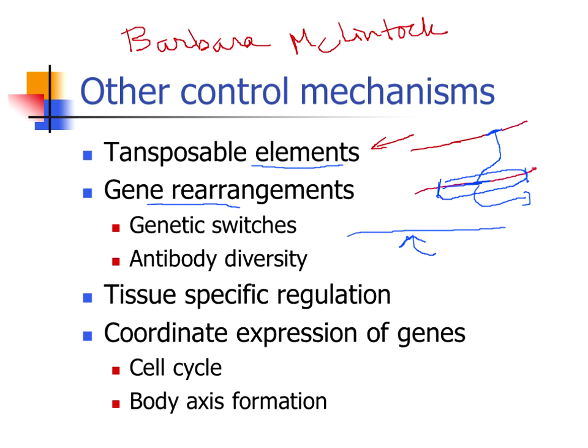But if I were to take a section from here and rearrange it over here, what's going to happen? The sequence of amino acids is going to change, right? And so you're going to get a different type of protein. And this is particularly important in